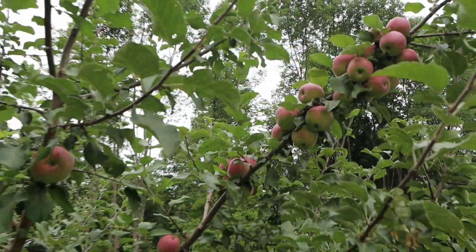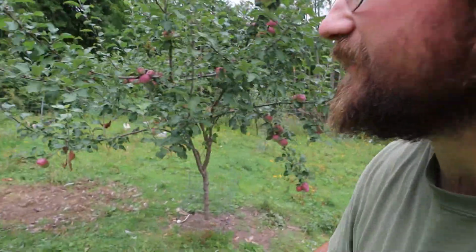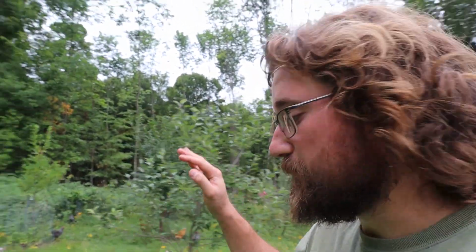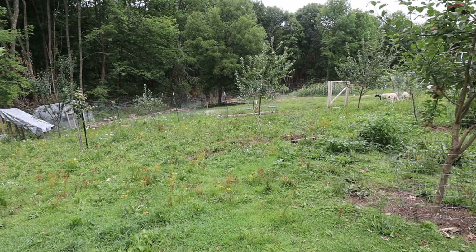Now the other side of the sheep is my food forest. I've already gotten a bunch of apples off here this year. I have a lot more coming in. The grapes are just starting to ripen up. I have all of my chickens in here full time. I also got a ton of raspberries this year, so I have to get back in here and get those pruned. But I have all my chickens in here, and we also planted some crimson clover throughout this whole area,